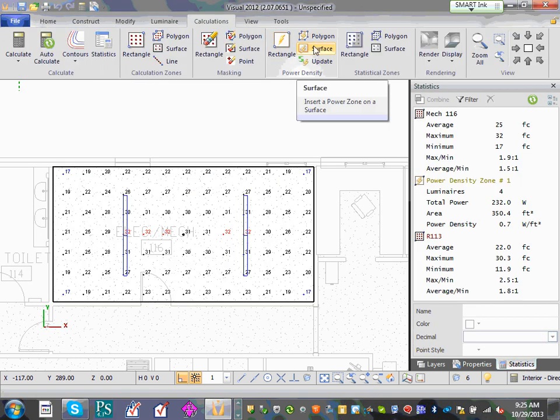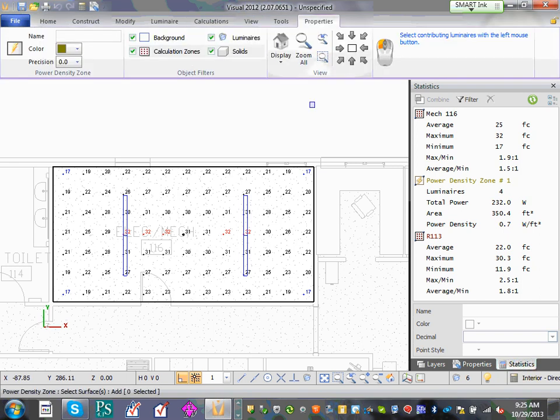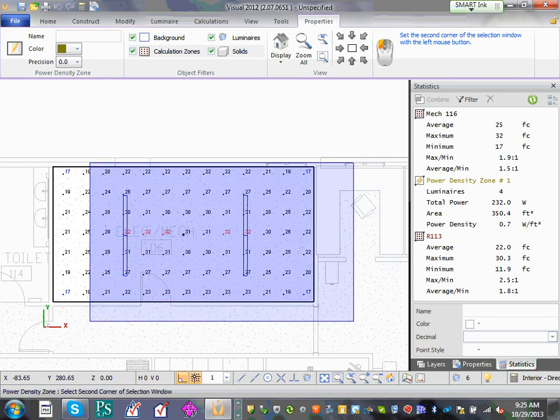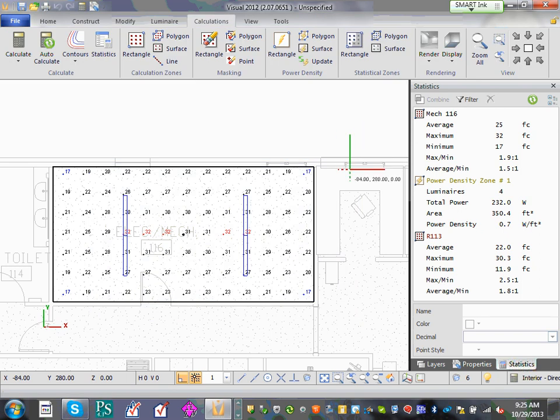Underneath calculation, there's just, looks like a lightning bolt, I guess. It just says, I just use surface. You can just select a certain room. So you select the room, and then if you right click, then you just go and select all the fixtures. You could also draw the whole, whatever you draw, you gotta be kind of careful to get the correct